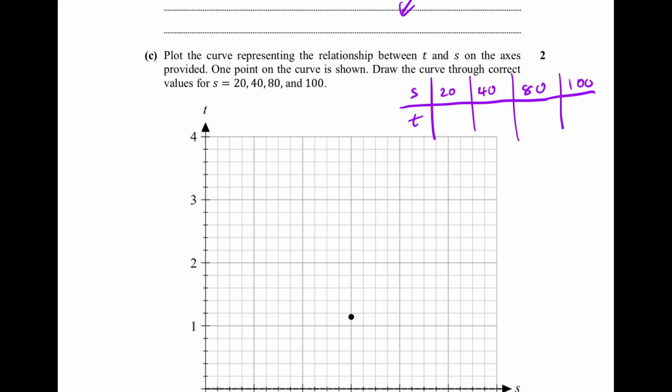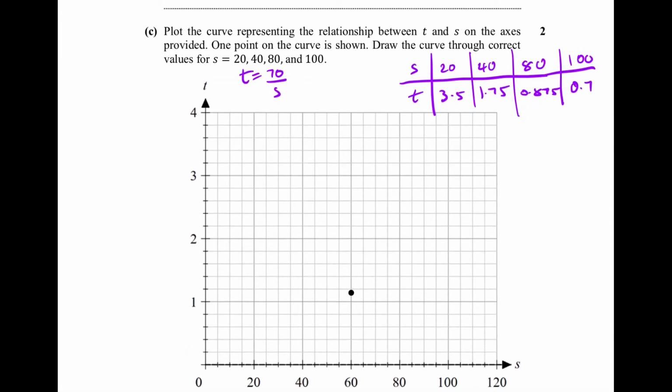When you plug in 20, and remember your equation is T is equal to 70 over S, you would get 3.5, 1.75, 0.875, and 0.7. Okay, and we've been given that point here, so 20 is at 3.5,